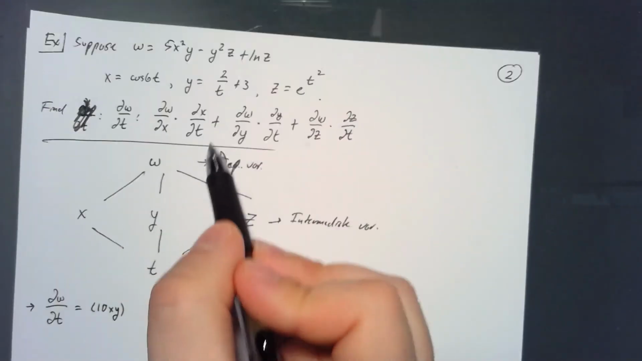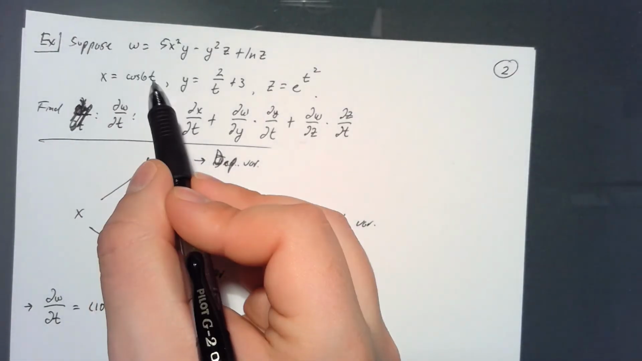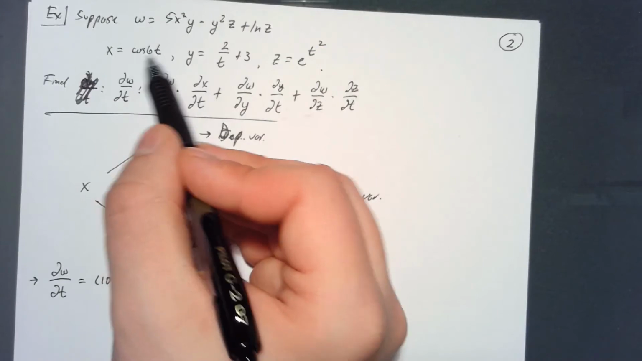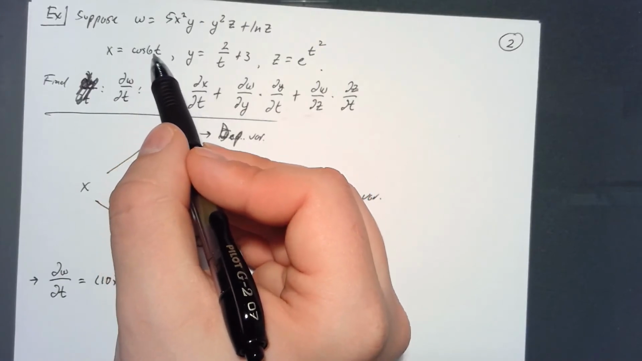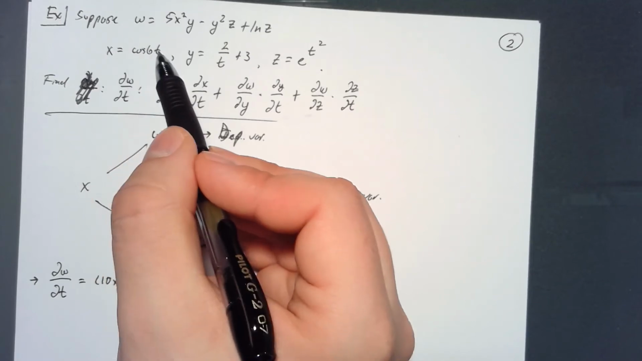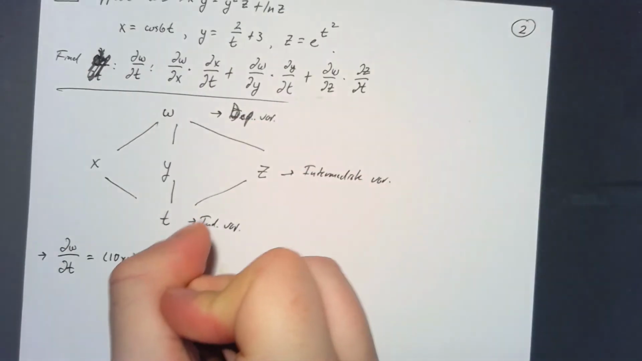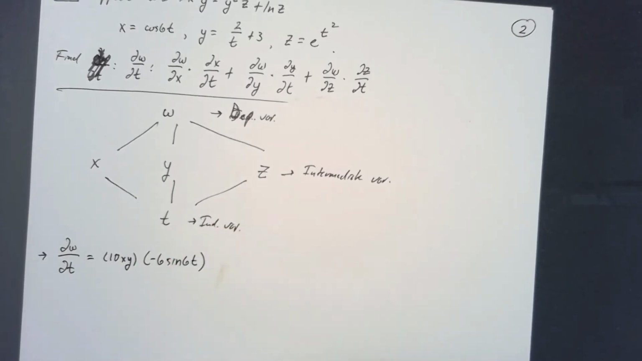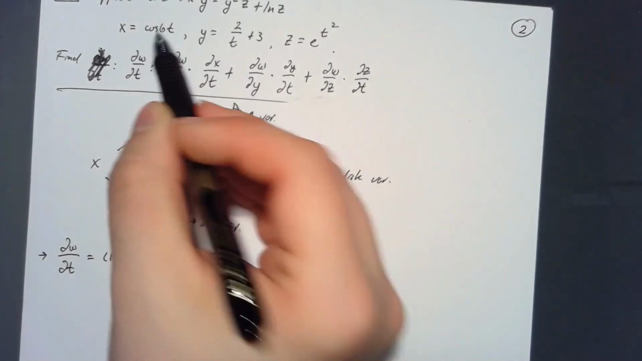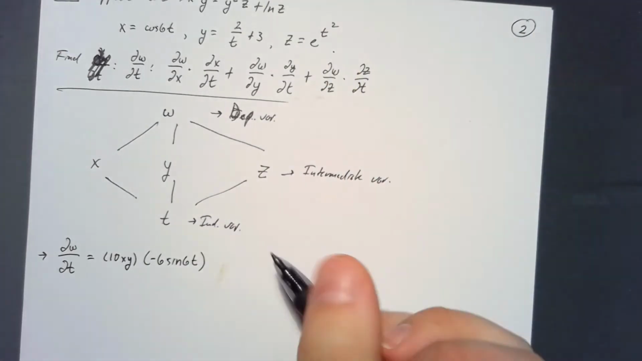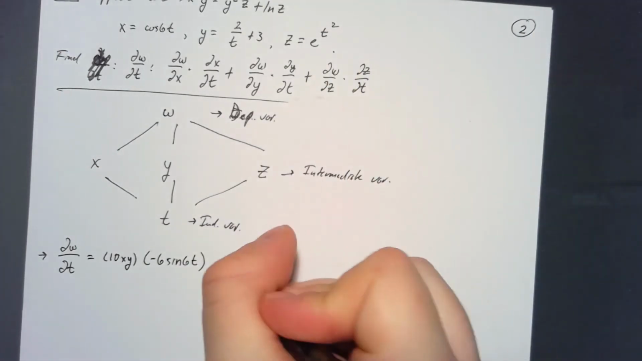dx dt. Alright, well, x is only in terms of t, so what's the derivative of cosine 6t? Well, the derivative of cosine is negative sine. And since I have a 6t, I'm bringing that 6 out. So this will be negative 6 sine of 6t. Right, you're just using the chain rule there, I mean the single variable chain rule. Alright, plus